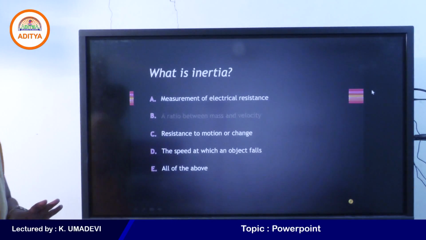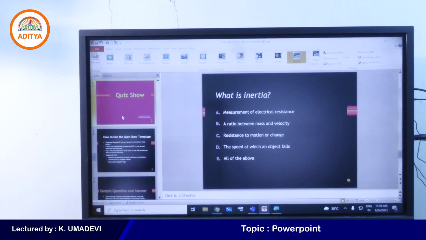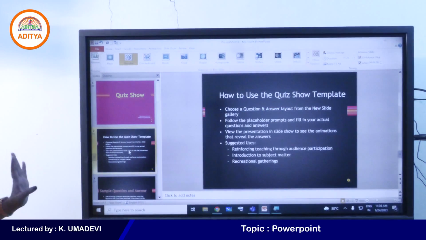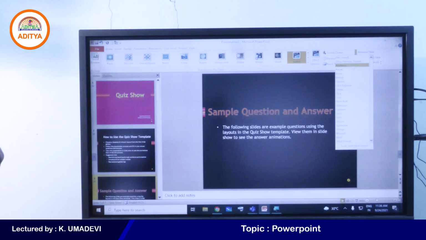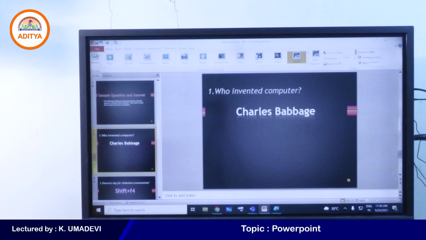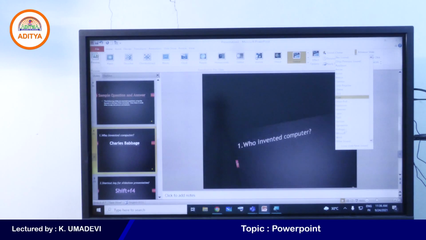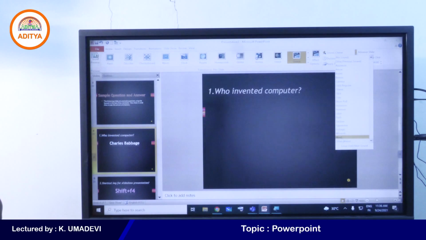Clear? Again I'll show you the different sounds for each and every slide. So here the first one, time. Second one, voltage. Third one, applause. I'll select applause. And for the fourth one, I'll select another sound, because no other sounds are available on my system.